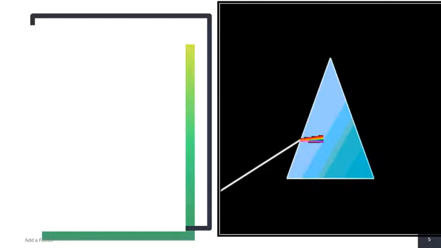Now instead of single colors we are going to use white light. This white light gets separated into 7 different colors as soon as it enters the glass medium. Here you will see outside the glass medium is air. Now the velocity of all the colors in air is the same, that is around 3 into 10 raised to 8 meter per second. But as soon as they enter glass, the velocity of each and every color is different in the glass. And because of that, the white light gets separated into 7 different colors because they all differ in velocities. And that's why we have the band of 7 colors.